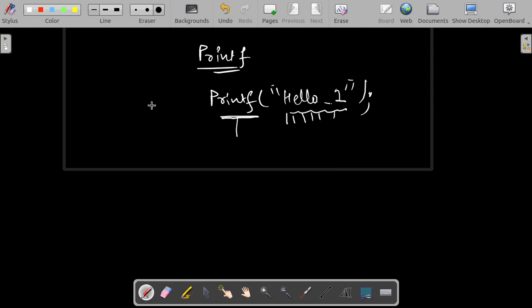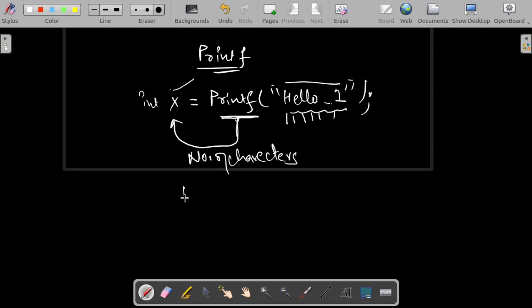If I make a variable of int type, say x, and assign this printf function to it, then when the program is run, printf will return the number of characters in this string to x, and that number will be stored in x.